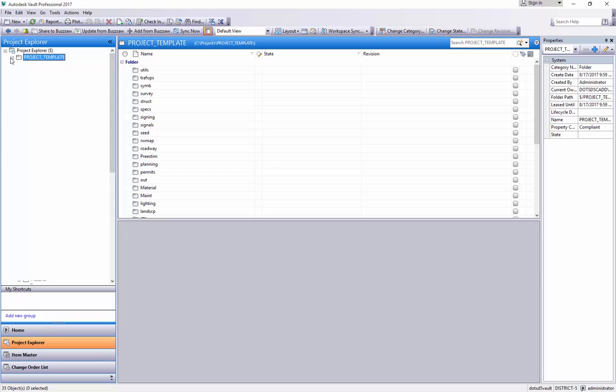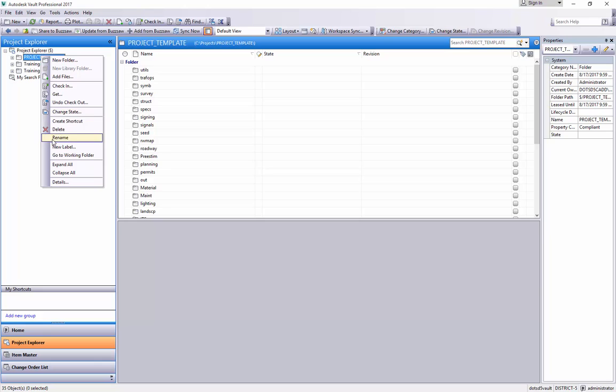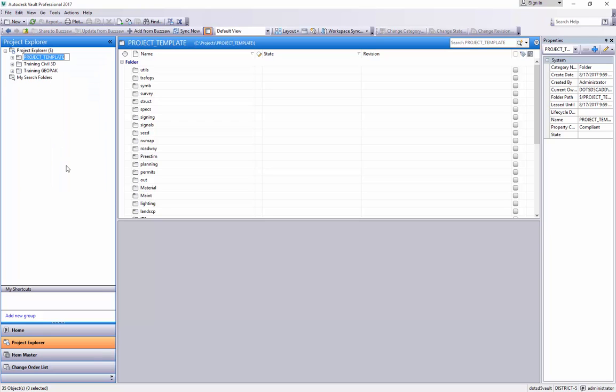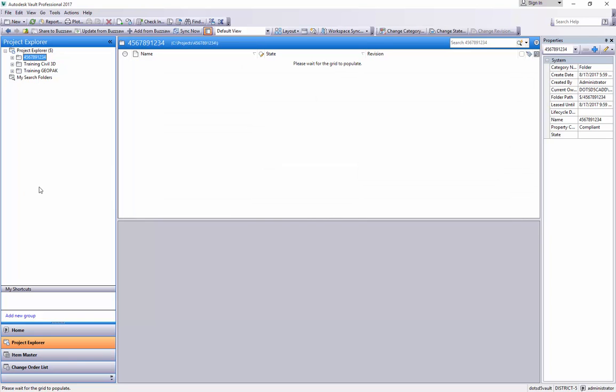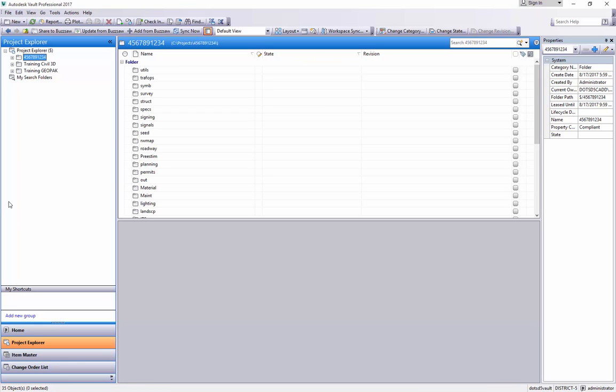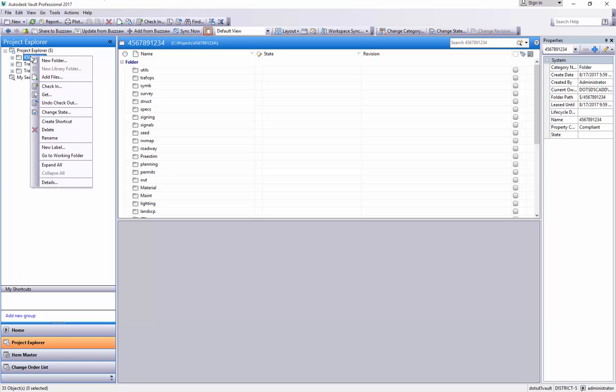So what we're going to do now that we brought in our new project template, I'm going to go ahead and rename it. So go 4, 5, 6, 7, 8, 9, 3. So I've got my new name for my project here. That's in play. And now I very simply come in here and